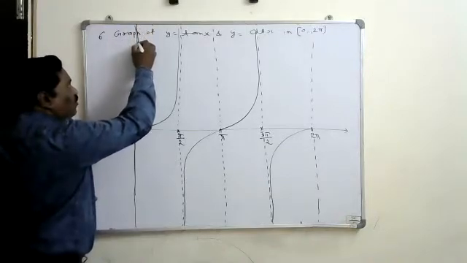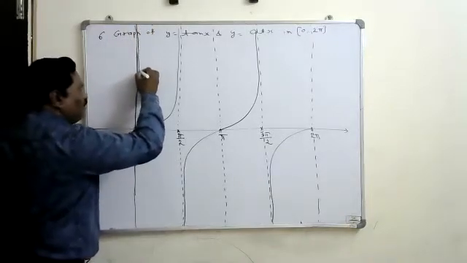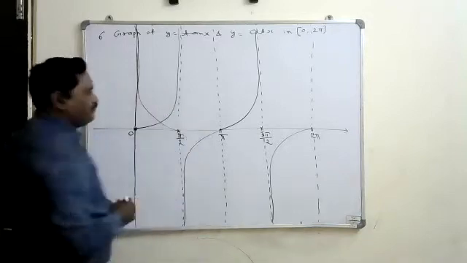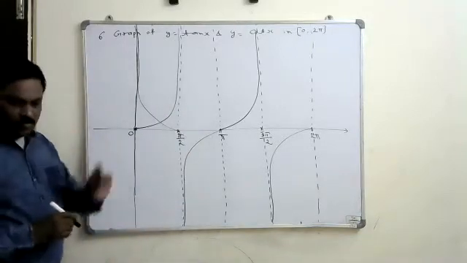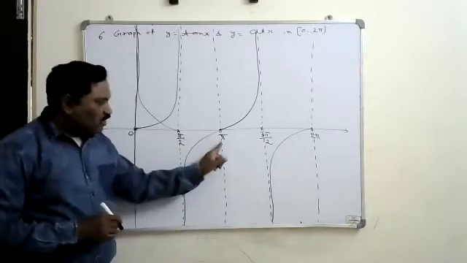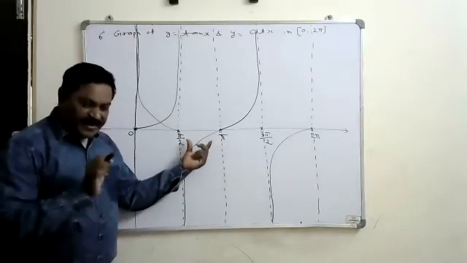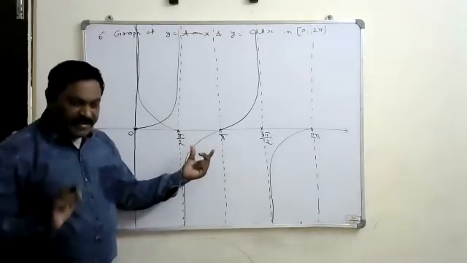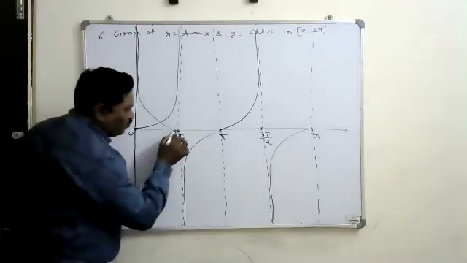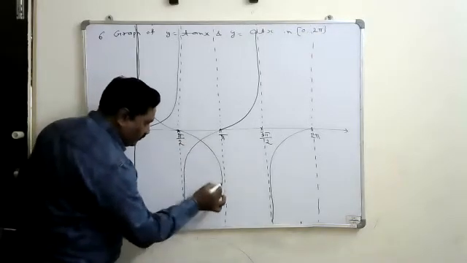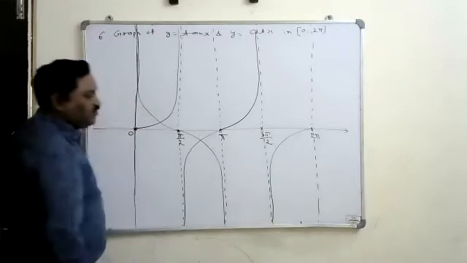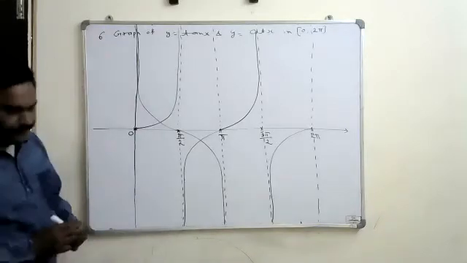That means it comes along this line. It never meets that line and reaches the 0 there. Again, pi by 2 to pi, this is the angle of the second coordinate. Cot is negative. That's why from this it goes to the negative infinity side. Means it goes along that particular line.